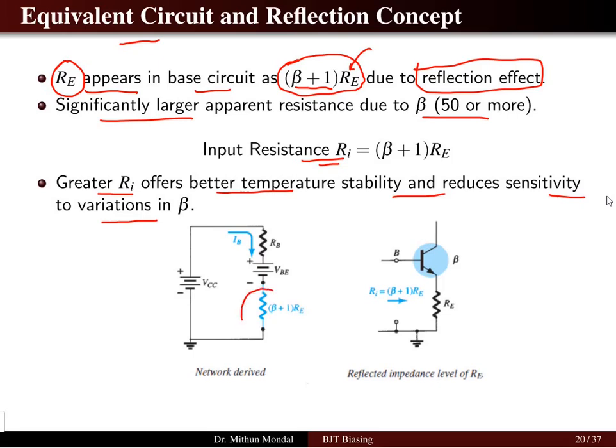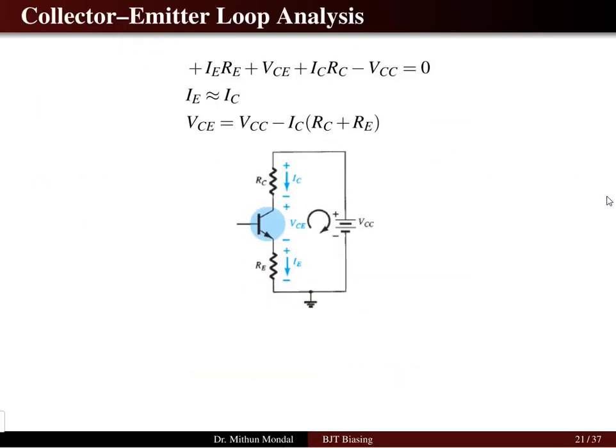Here we can see the reflected network having the resistor beta plus 1 into RE. Beta lies greater than 50, so this value is very high. And if we apply Thevenin's theorem, then we can find the input resistance of the emitter bias network. If we do the same type of analysis from the collector side, that is, the collector-emitter loop analysis, we